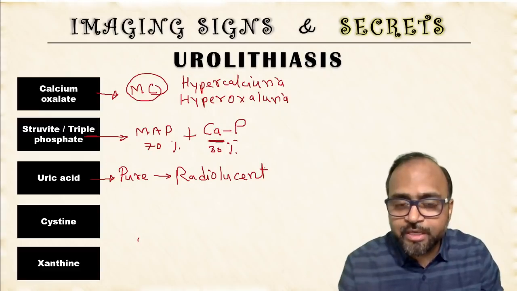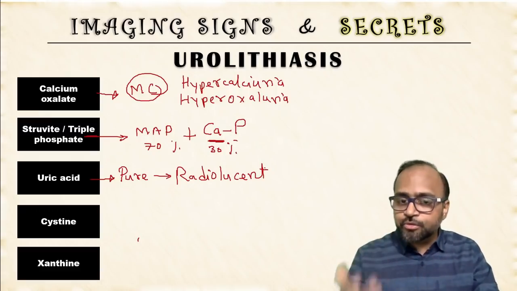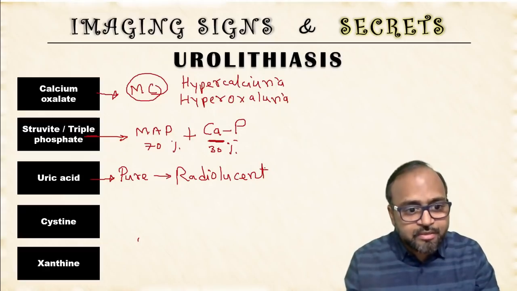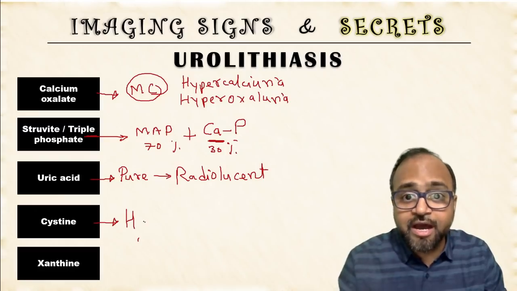Pure uric acid calculi are radiolucent, meaning when you try to find these calculi on a radiograph, you will not be able to see them, right? Cystine calculi have a secret associated with them, and what is that? Cystine calculi, remember, are the